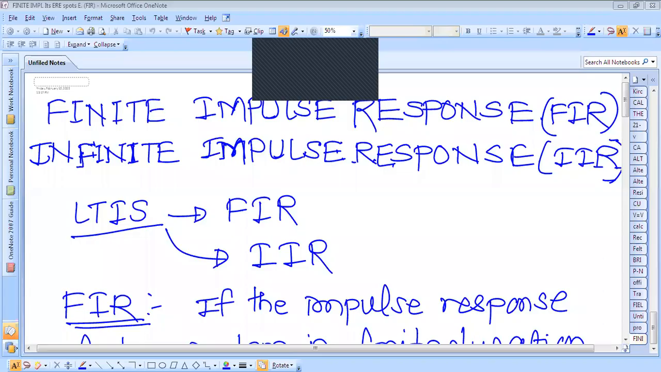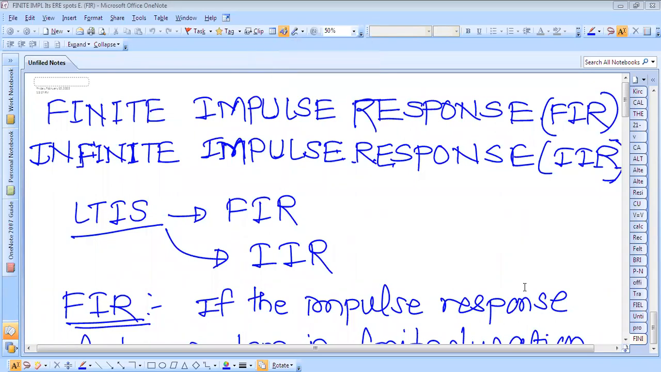Hello, today we'll discuss the FIR and IIR systems. FIR is the finite impulse response and IIR is the infinite impulse response system. A linear time invariant system is generally classified into